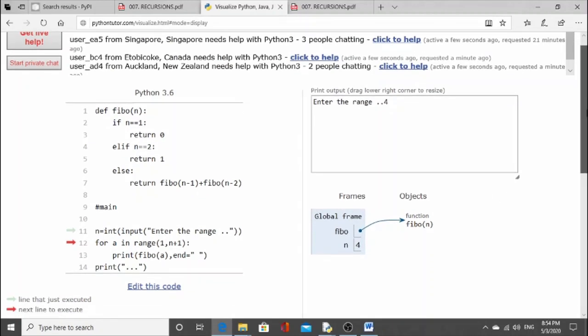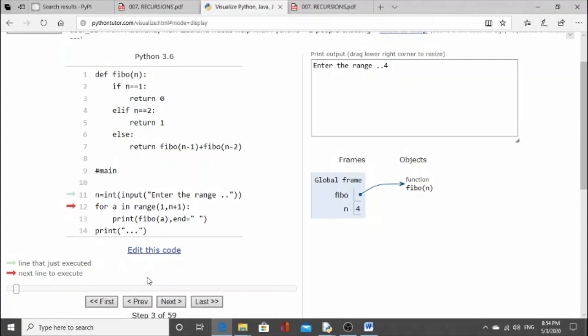So now see how this visualizer is working. Now I am clicking on next. So for a in range 1 comma, as I have explained you, this is n plus 1, that is 5. So range function will run from 1 to 4. Now click on next. So first time the value of a is 1, as you can see here.